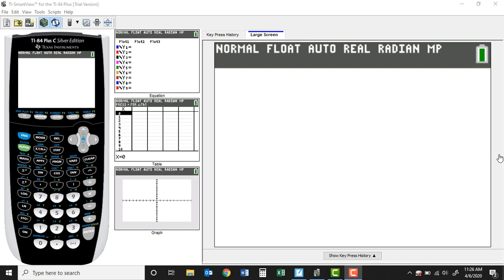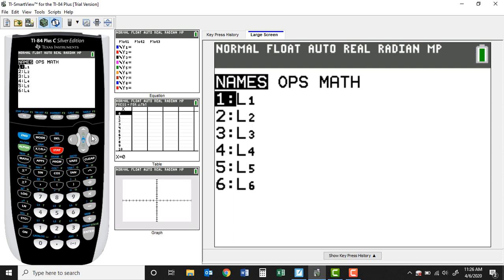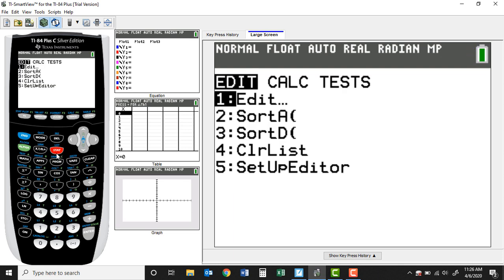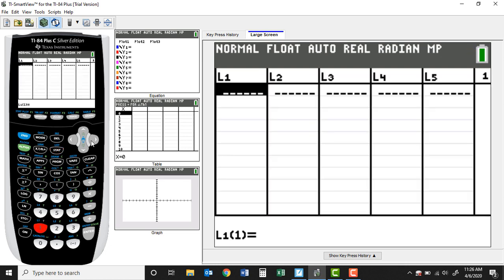So the first thing you want to do for this chi-square testing is you need to be able to put your data into your lists. So here's our lists. Actually, I think we just hit the stat key. All right, so we got stat, and we're going to hit edit. So we're going to go into edit, and in list 1, we want to drop in those counts. All right, so we got 23, enter,